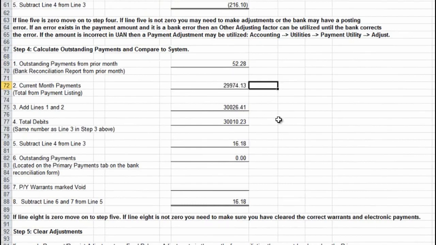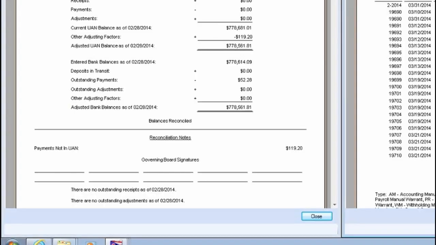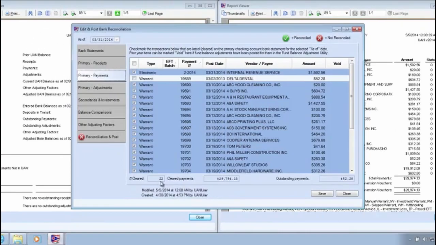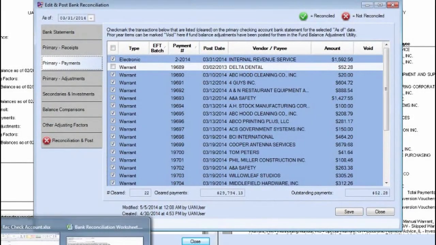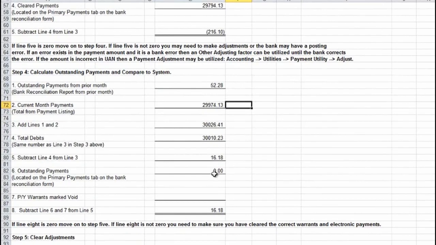Line 4 will take it from line 3 in step 3 above. It's just an automatic field. Also, line 5 will automatically calculate, subtracting line 4 from line 3. Now we need our outstanding payments, located on the Primary Payments tab on the Bank Reconciliation form. We'll go back into UAN, and our total outstanding payments are $52.28. This leaves us with a discrepancy of